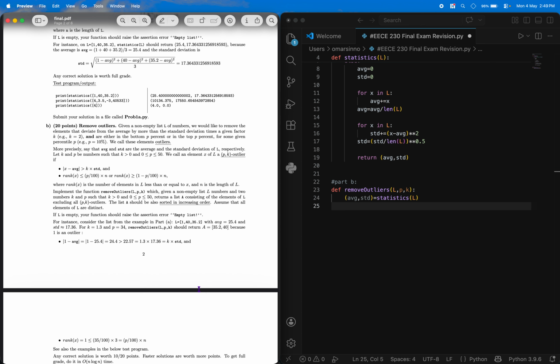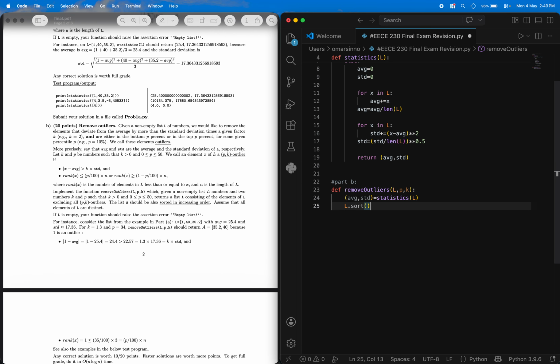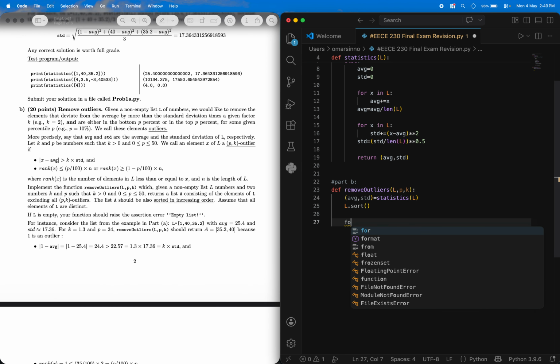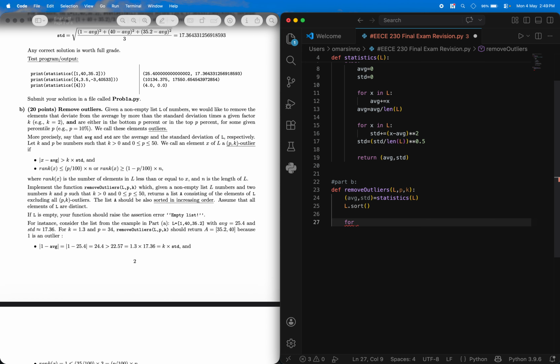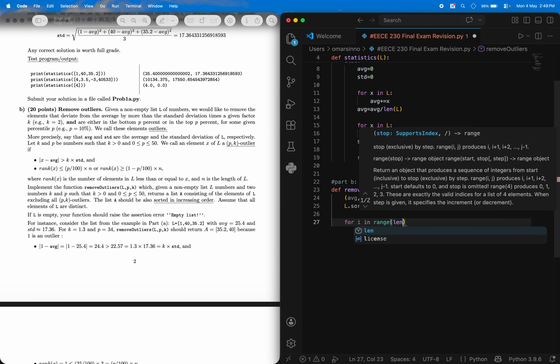Then what we could do is sort L, so we could just do L dot sort. And L dot sort would make calculating the rank much easier. So let's now go over the list. For i in range of length of L,